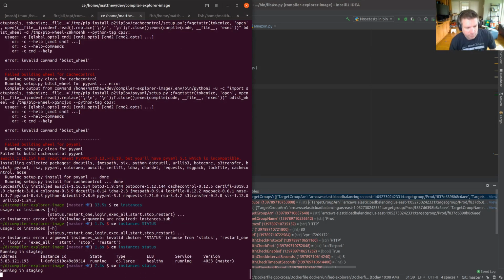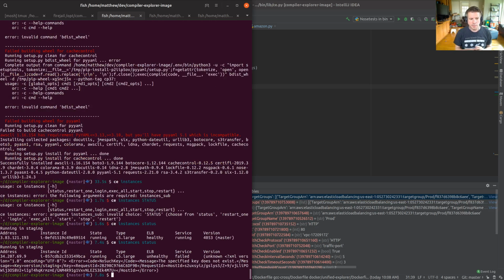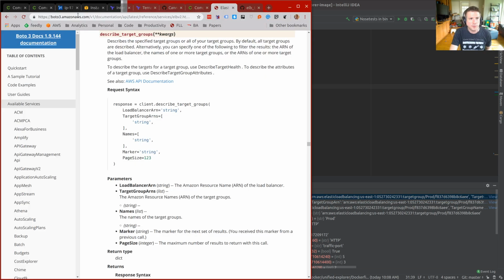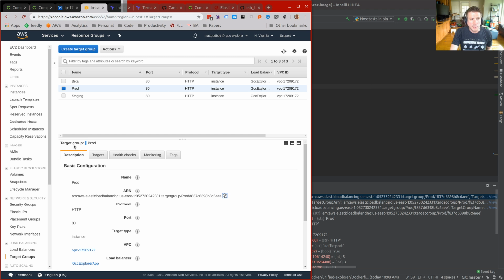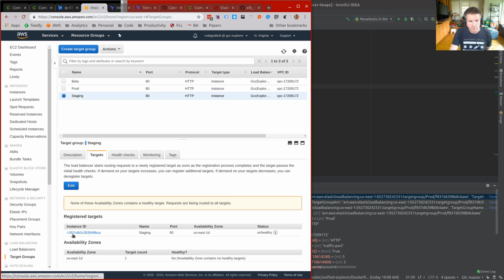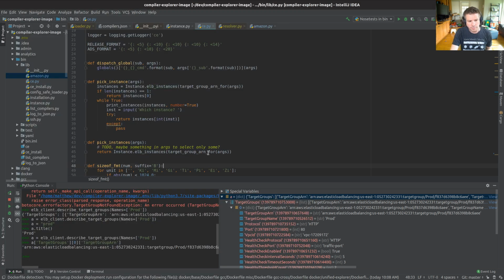Let's do C instances status running in staging. First of all, it hasn't gone immediately wrong. Now the specified key does not exist. Okay. So now we're looking at a different instance. We're looking at the I057CDB instance, which let us just check because it's easy to do. Is hopefully staging targets instance ID 0 CDB. Yeah, that's right. CDB, not actually Christabella. That's what I think of when I see CDB.